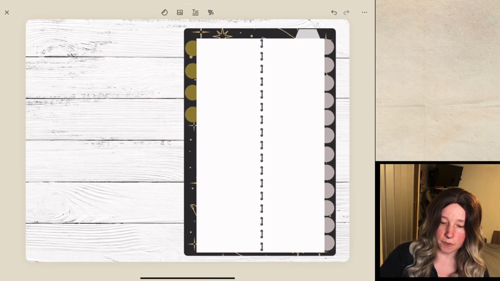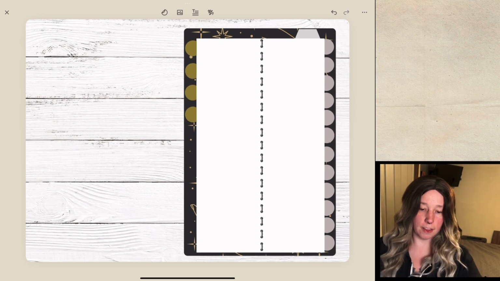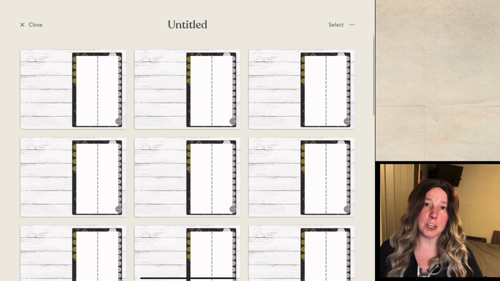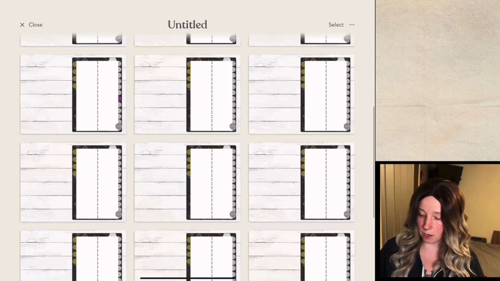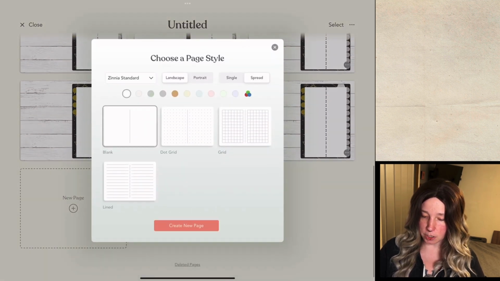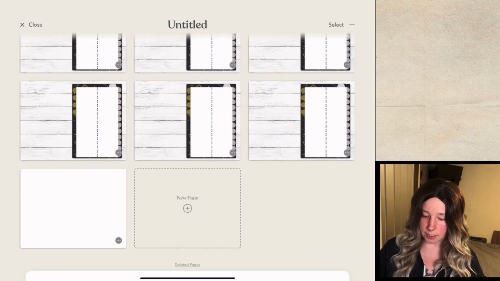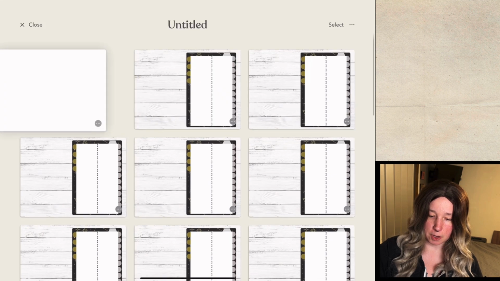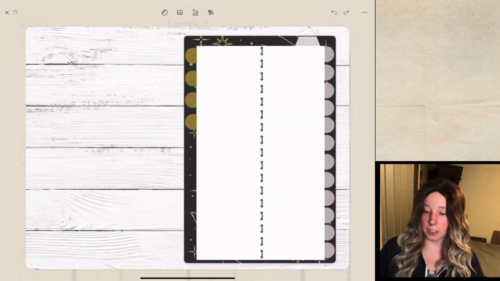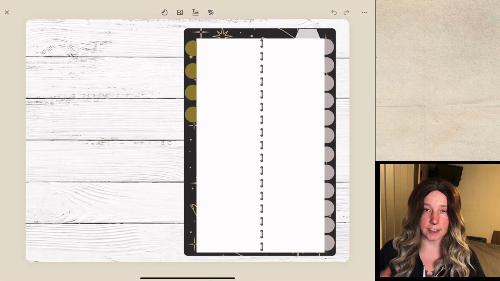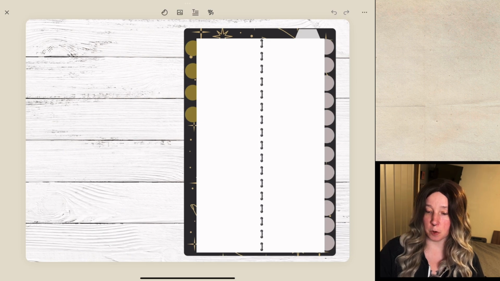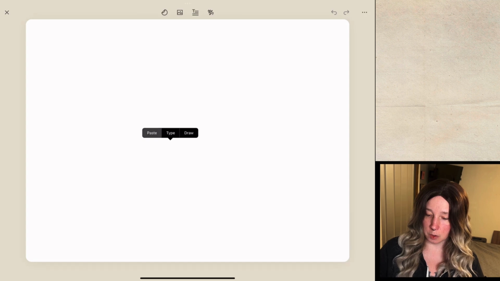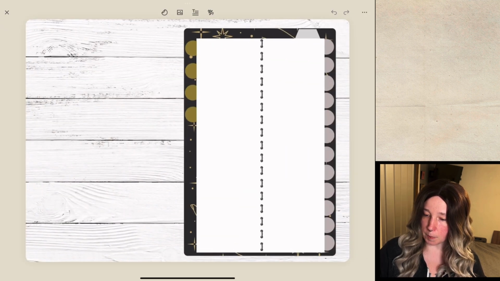So now we have all of those pages pasted. They are all linked because we pasted all the links with them. So let's say you wanted to make a cover, right? You could come down here, hit new page, just like this. So you can drag it to the top, put it there, and your links are still correct. It doesn't reorder your links to put a new page here. So I can just copy our background, paste, copy our book,